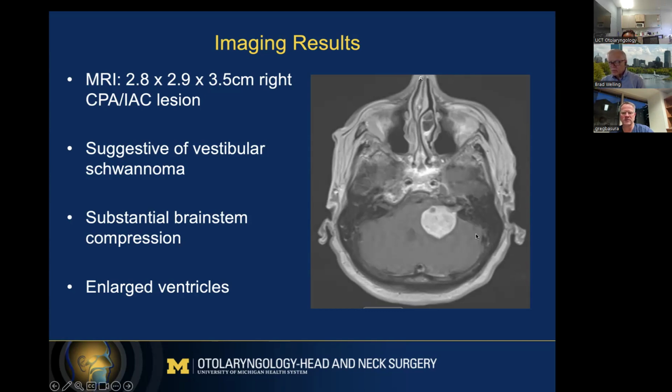Is there anything else that you see that is of concern that may help explain some of the patient's symptoms? Think about what they presented with. So this patient, in this scan, you can see that they probably... MRI. This is an MRI. Sorry, in this MRI, you see that the lesion is extending and pushing into the